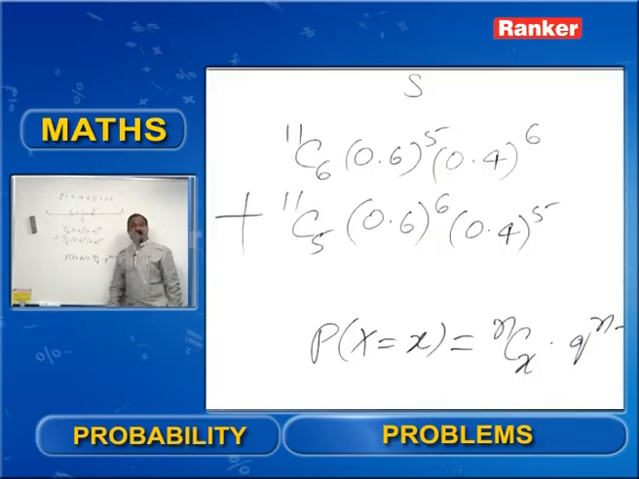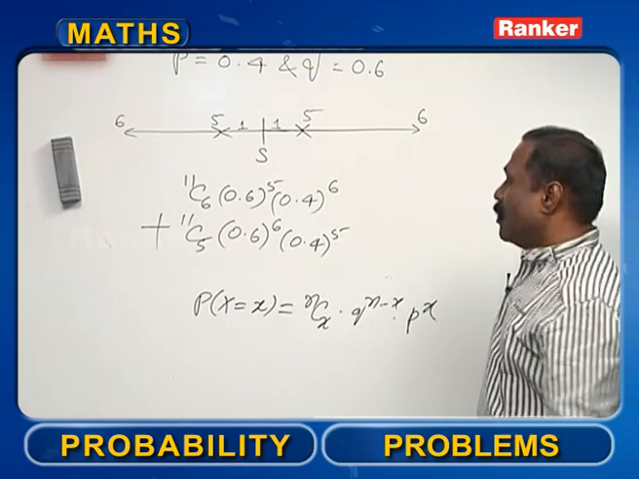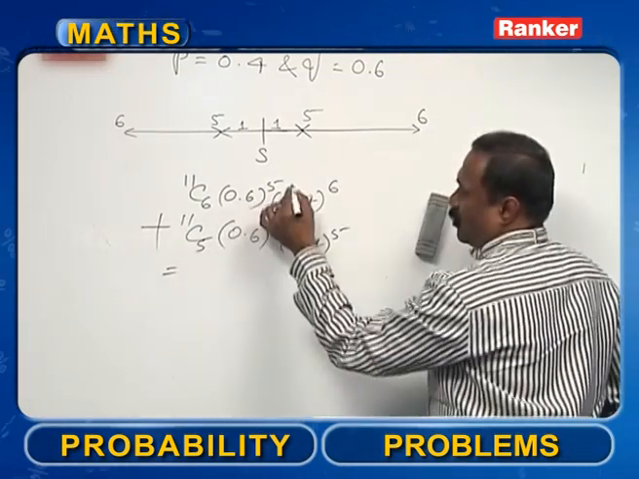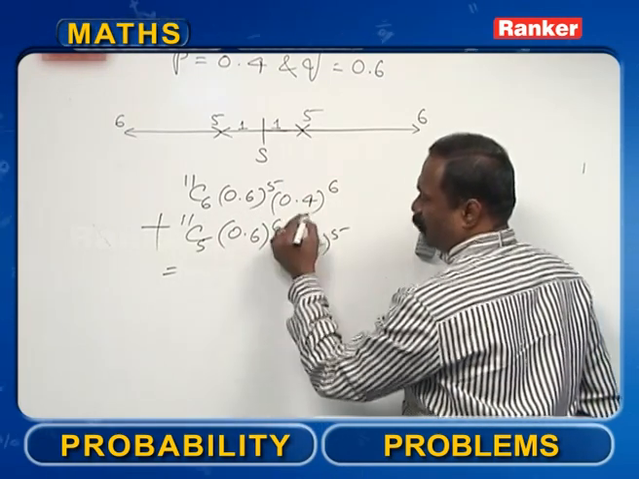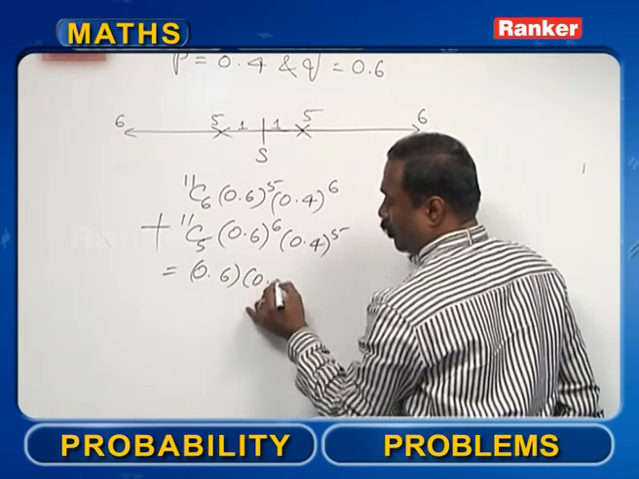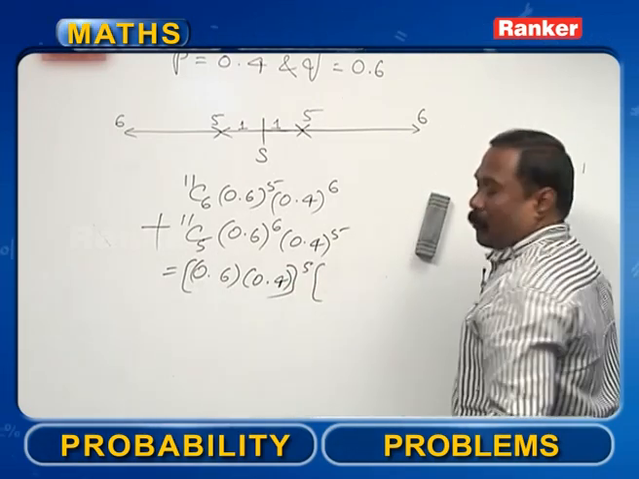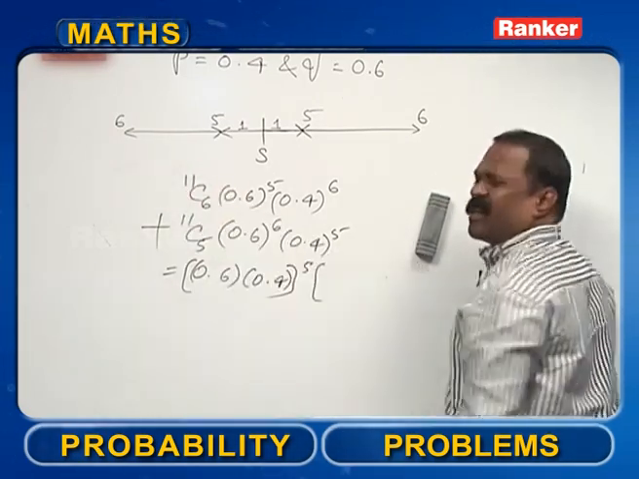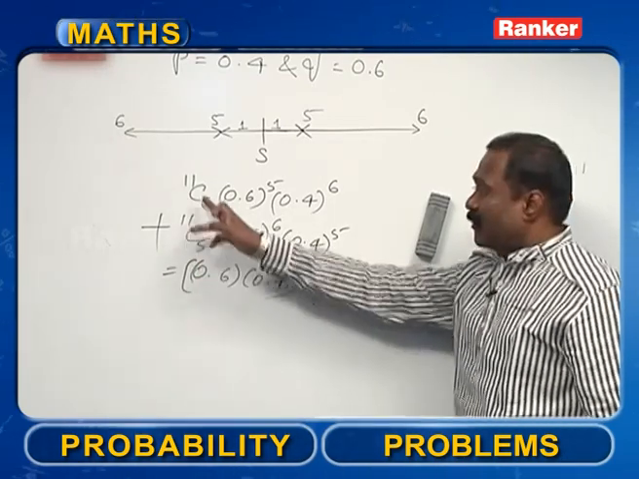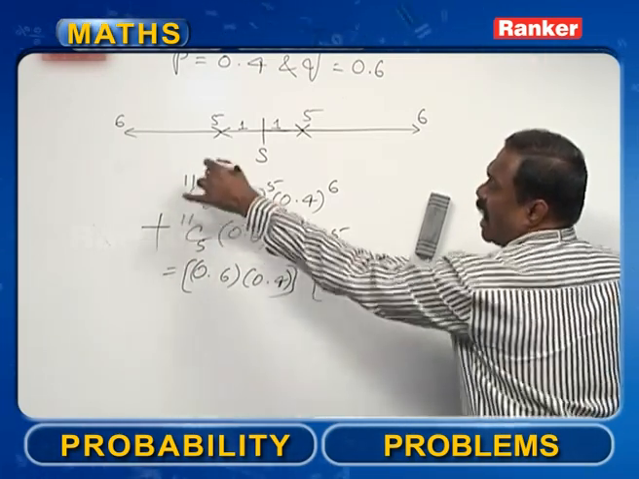These are the only possibilities to have the person 1 step away from the starting point. Now if you simplify this, what will you get? 0.6 whole power 5, 0.4 whole power 5, 0.4 whole power 5, 0.6 whole power 5. So we will take 0.6 into 0.4 whole power 5 common. And within the brackets, it is very simple. 11C5 is same as 11C6. Why? The difference is 5 and 6, both are the same. So I will write it as, if you add them,